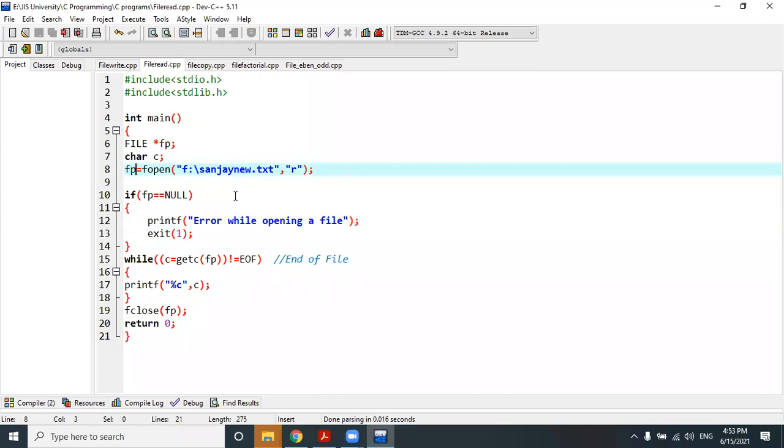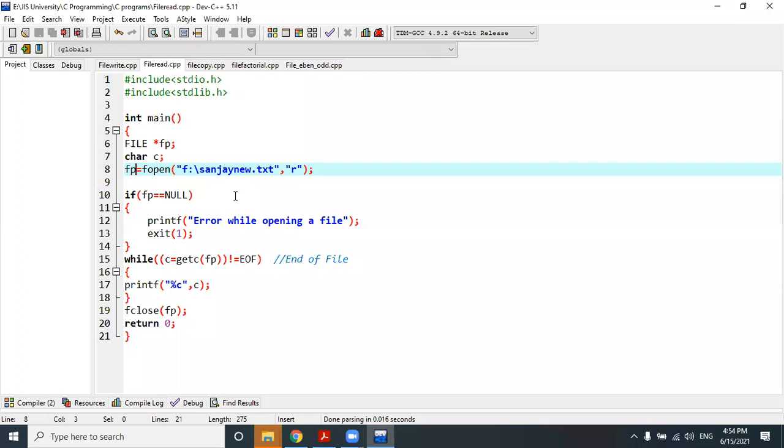Pointer fopen is used to open a file. It returns a pointer to structure FILE.